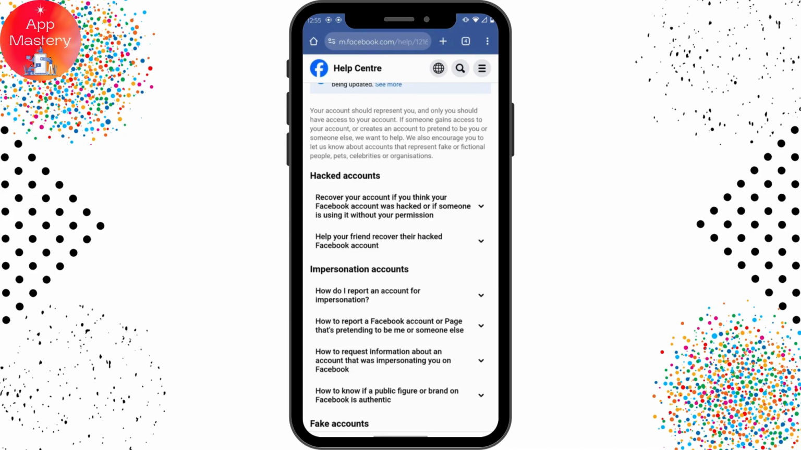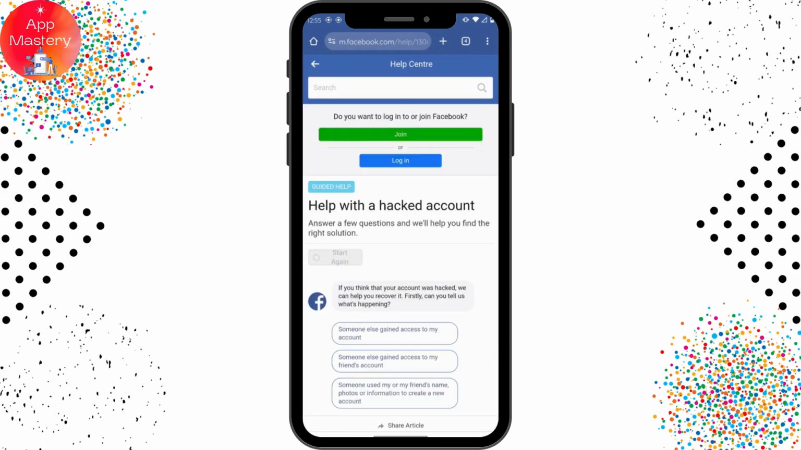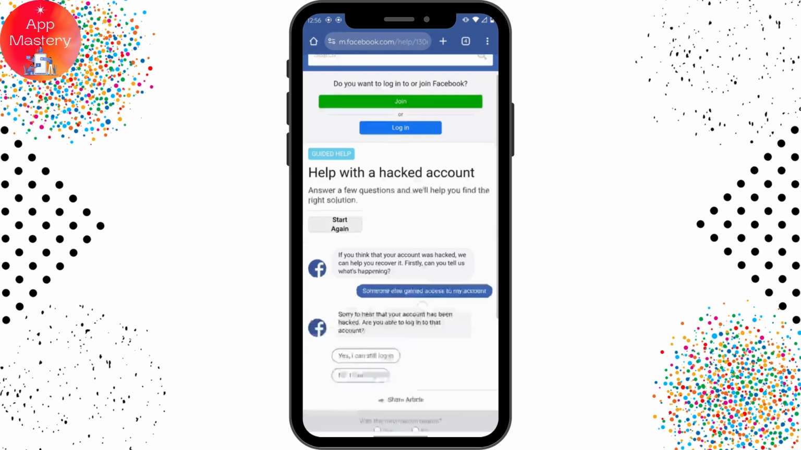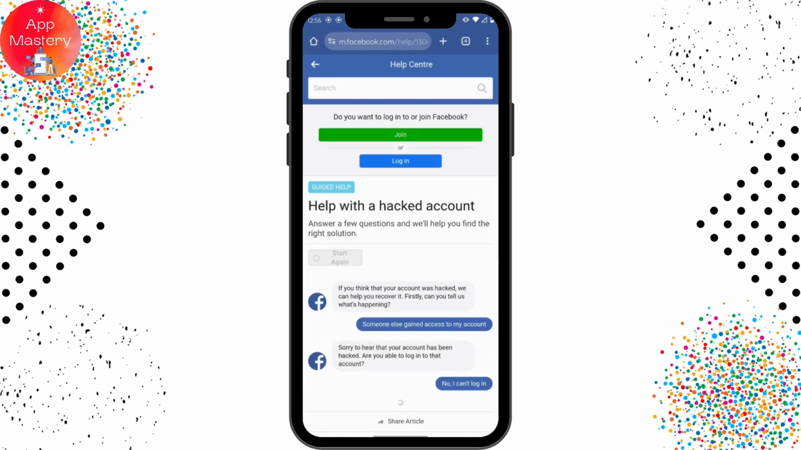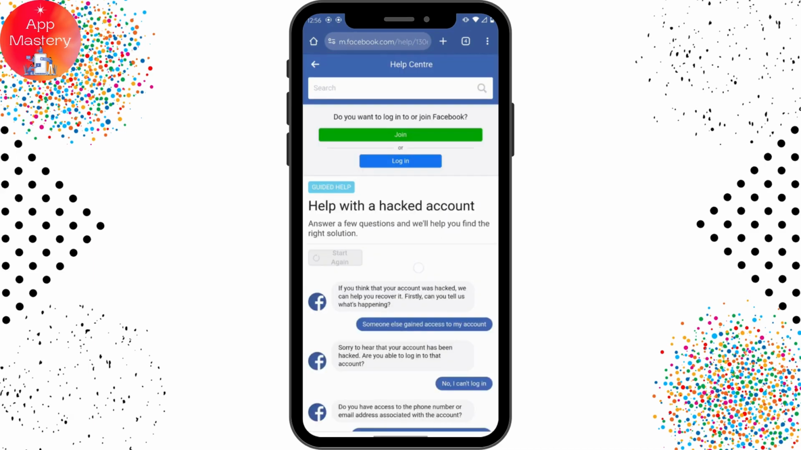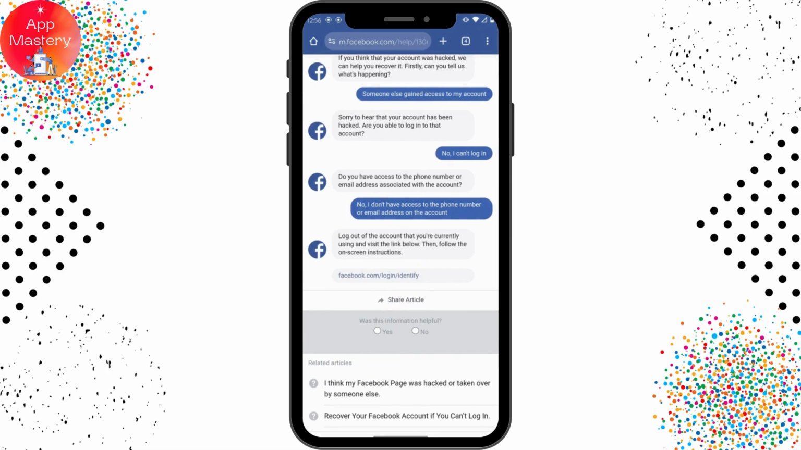If you think your Facebook account was hacked or if someone is using it without your permission, go for get started, and here choose someone else gained access to my account, and then go for no, I can't log in, and then scroll down and again go for no, I don't have access to the phone number or email address on this account. Or if you have access, then you can tap on yes, and you can go for the link